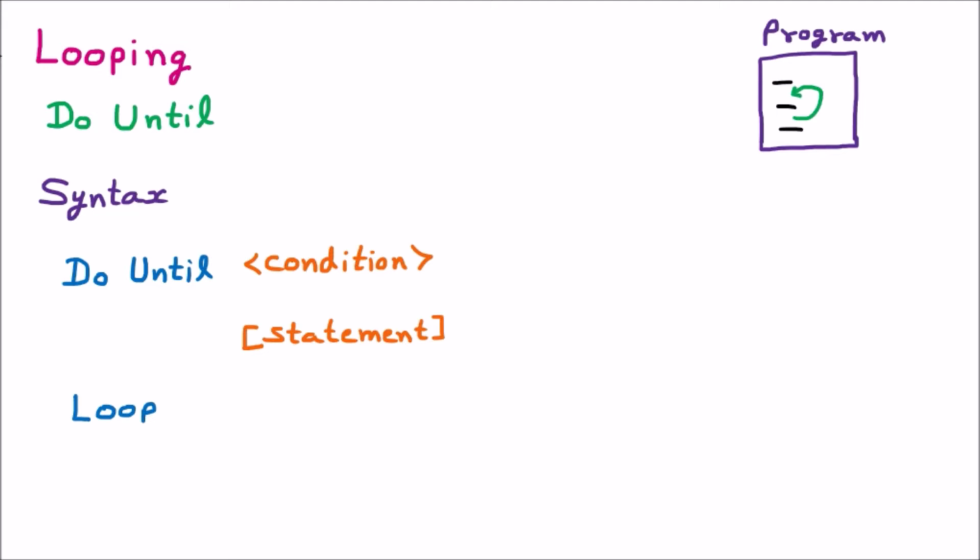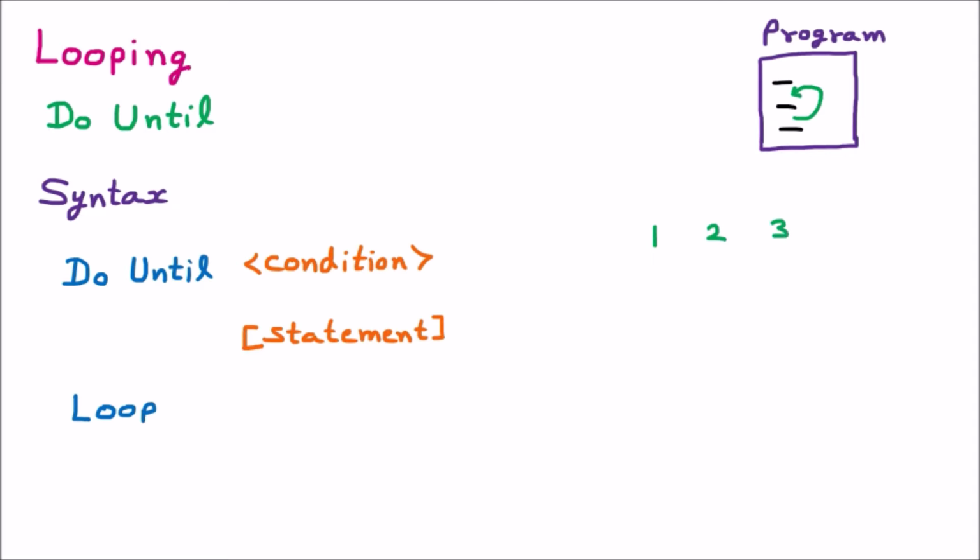And in .NET, in the looping, we are having do while, do until, while, and for. So these are the statements. And now we are learning the do until. To understand the syntax of do until, we are taking one example here. Now here I am assuming 1, 2 and 3. So these are the three numbers I want to display.